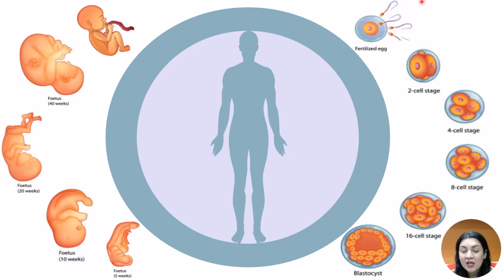And of course, if any one of these moves along any point in this developmental process, so whether it's during cell proliferation or whether it's during cell differentiation, if any one of these things doesn't occur in the precise time and manner that it's meant to occur in, that could lead to congenital anomalies,